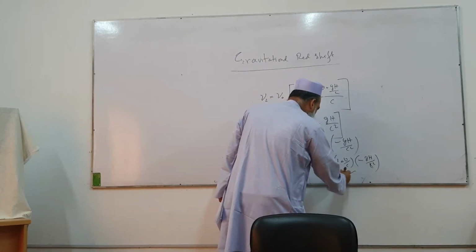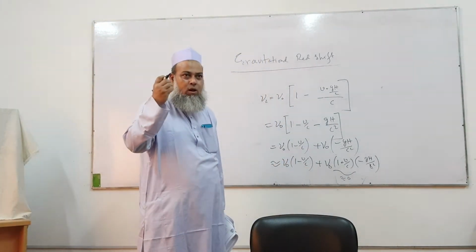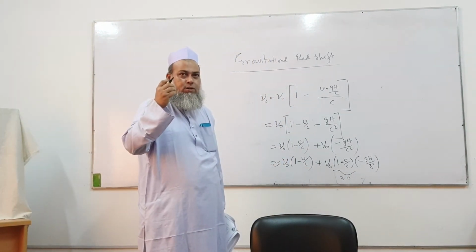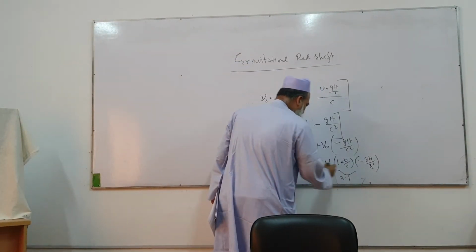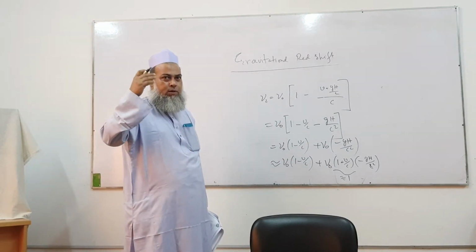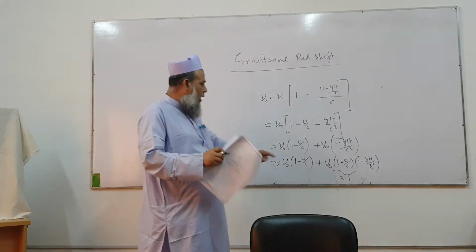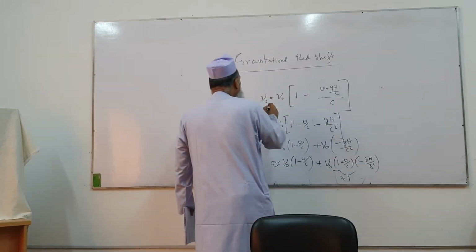This term is about 0. Since v is very small, v by c is about 0, and 1 minus v by c is about 1. So I inserted this. So next I can write